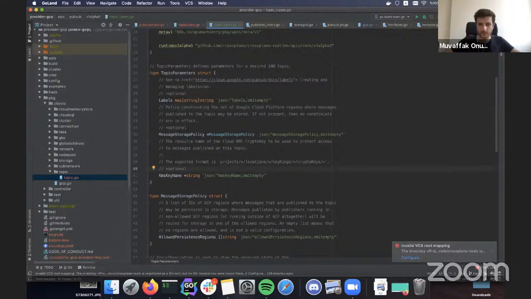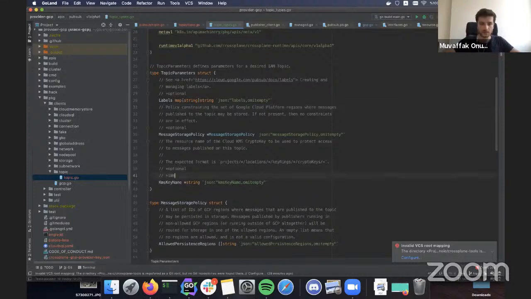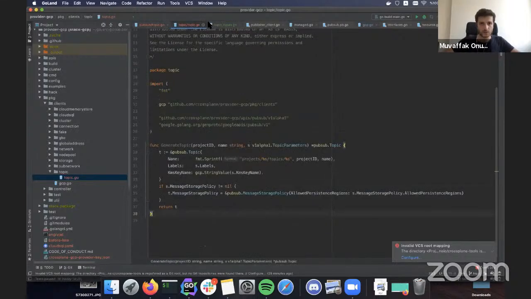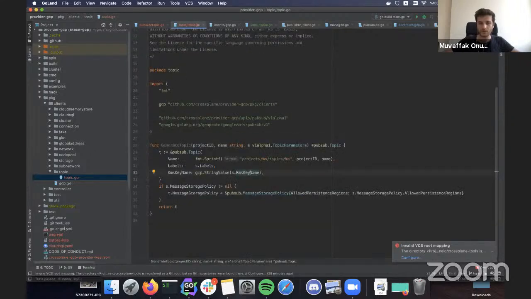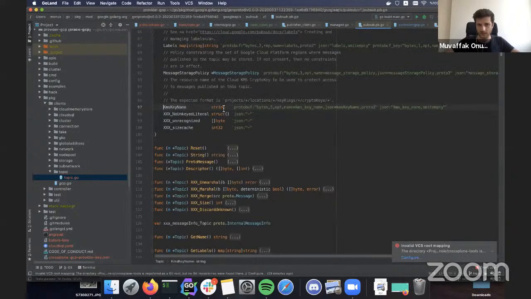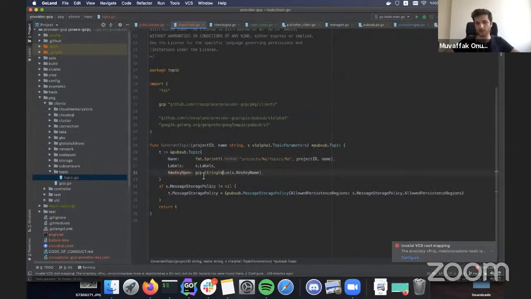I remember that this was immutable, but I couldn't find it in the API reference right now. Okay, cool. So we use the string value function here because even though this could be empty, we say if it's optional, then it should be a pointer type. Map is a pointer, this is already a pointer, and this should also be a pointer. But if the target type is not a pointer, we use some small helper functions that exist in your provider repo.